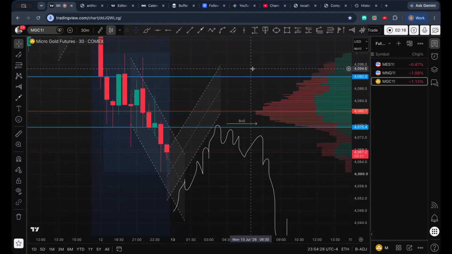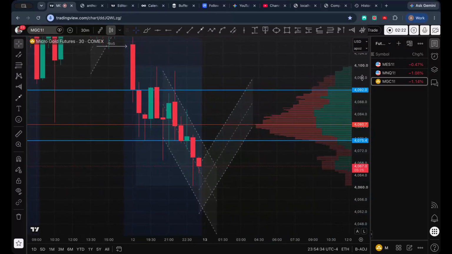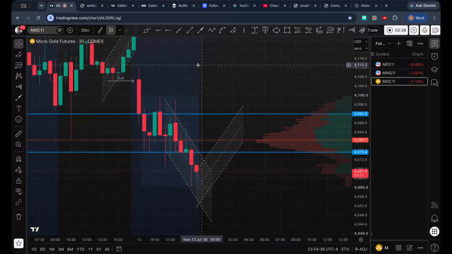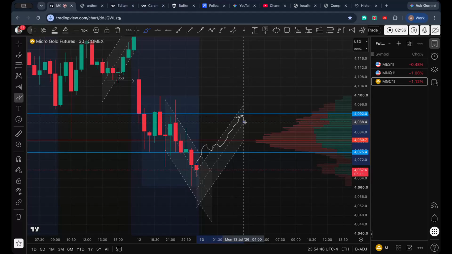Hang on, there's a couple of things. You've got to work with the volume profile, and it could be a false breakout. It's quite possible that this breaks back into value. If it does, then I'm going to be looking to target that area here. If it fails to hold through value and then we break under here,